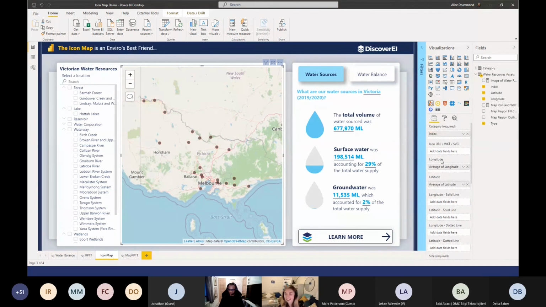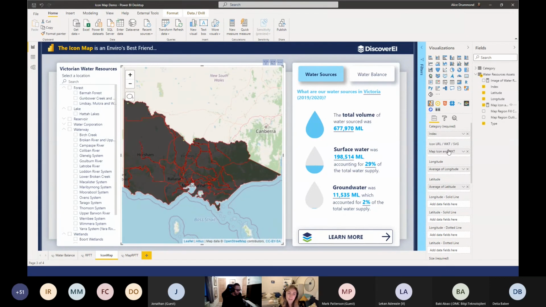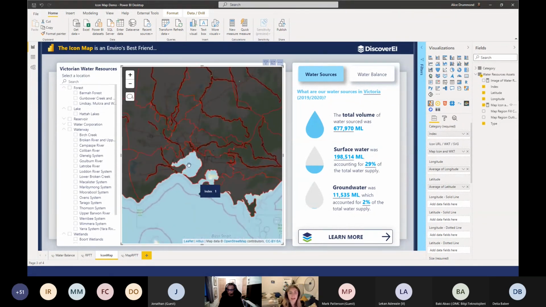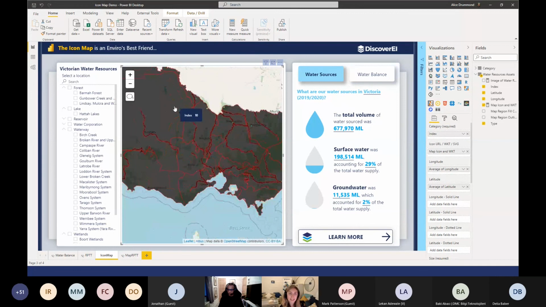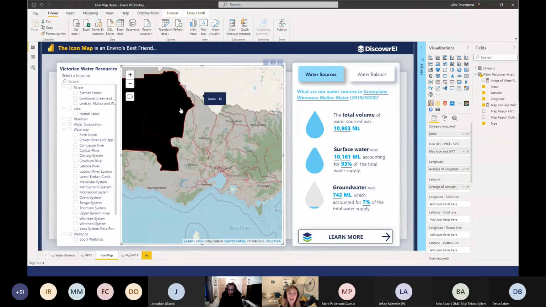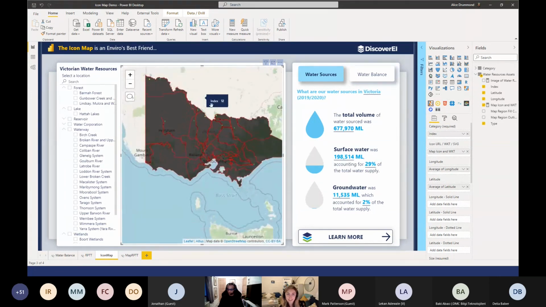So let's make it a little bit more exciting. You can see we've got an option here for icon URLs or WKT or SVG files. And in this measure, I'm combining some icons with a WKT file. WKT is well-known text, and it's a spatial file format for spatial data. So we can actually load that data into Power BI. It's stored as text rather than hosting it on a third-party site like Mapbox. So you can see here I've got polygons and points on the same map,